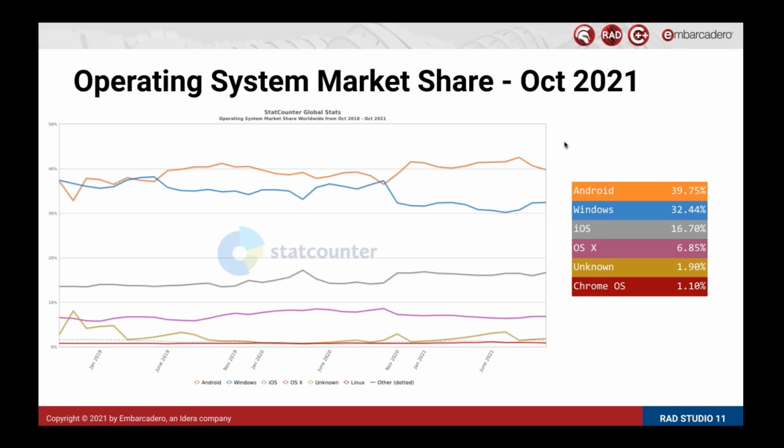So we know Windows is desktop king. Windows 10 is really where it's at. But if we look at the wider market on the whole, Android is maintaining its dominance in the mobile share space. It's up around 40% of the market in terms of connected devices using Android. And if you think about it, that's quite logical. There are more phones than there are desktop computers. Not everybody works at a computer during the day, but most people have a phone with them nowadays.